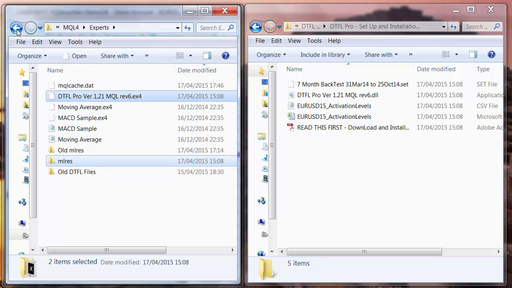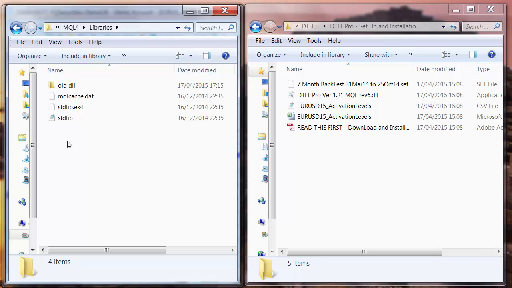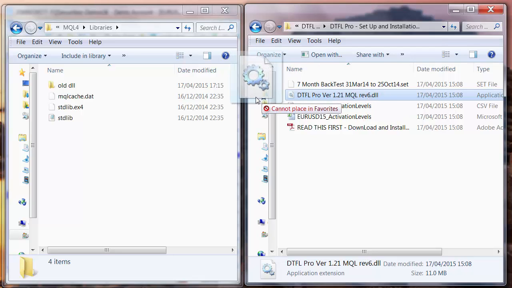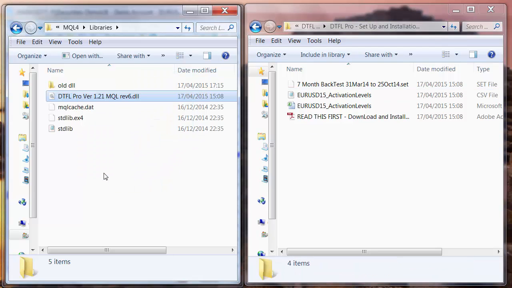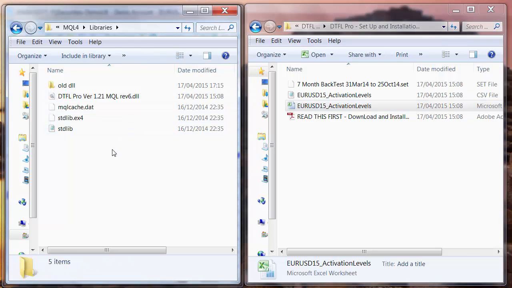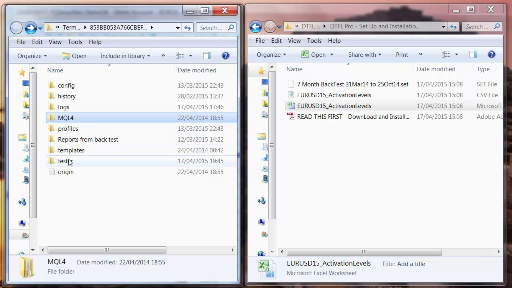We'll go up to this arrow here and go back one. Then we're going to click on Libraries, then double click, and then we're going to pick up the .dll file. We're going to pick it up and drop it in this location, and there it is. So it's moved from there to there. Now we're going to back up here and we're going to click back twice, once, twice, and we're going to go down to Tester, double click,